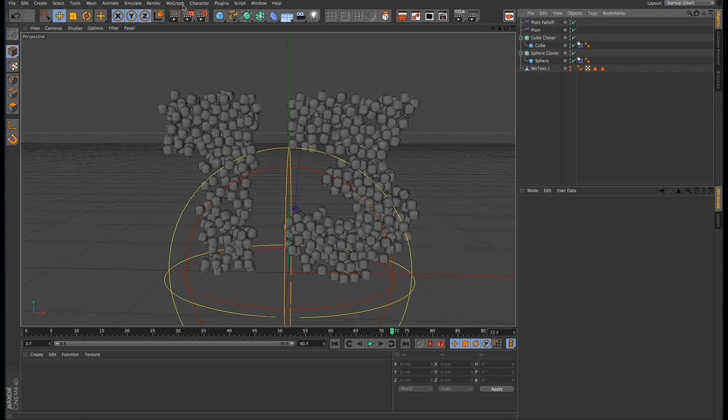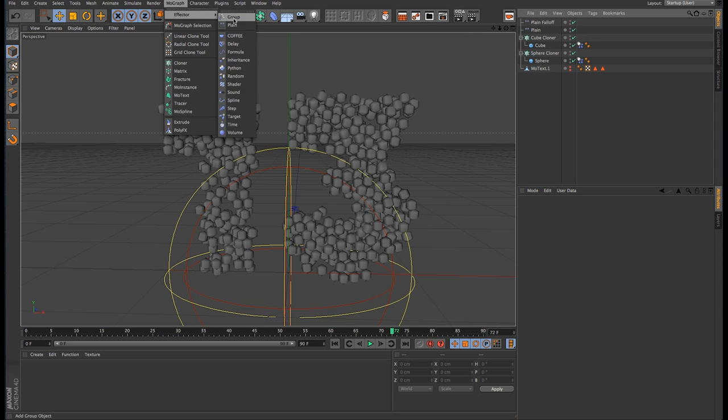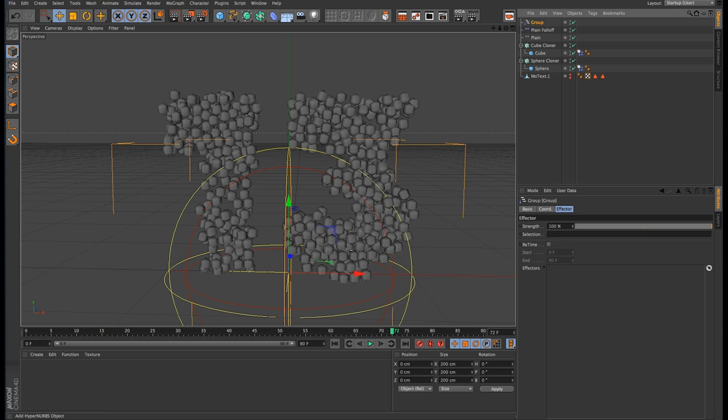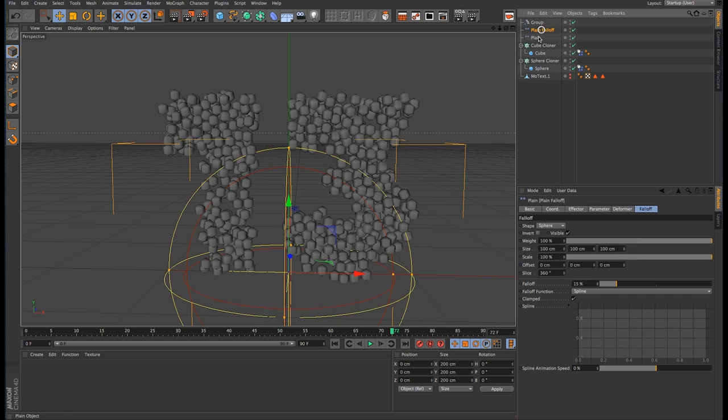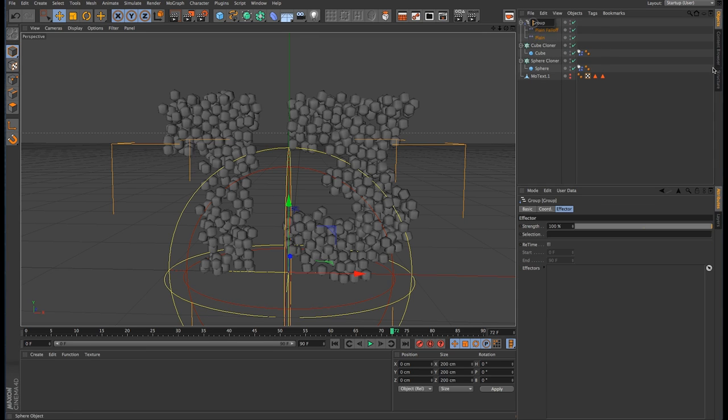What we can also use is, if we come into MoGraph effector, we can use the group effector, which pretty much just groups a lot of effectors together, so you don't have to keep worrying about long lists of effectors within the cloners. I think they're very useful actually, especially for keeping things a little neat. Let's rename that to cube so we know which one it goes onto,